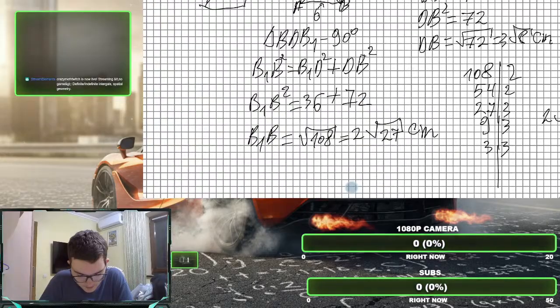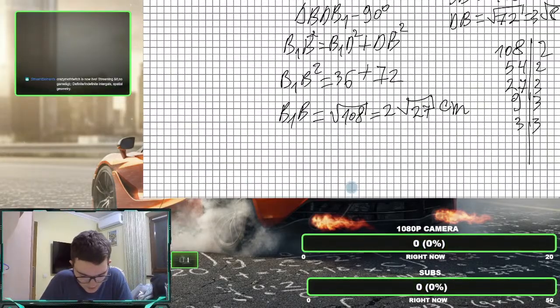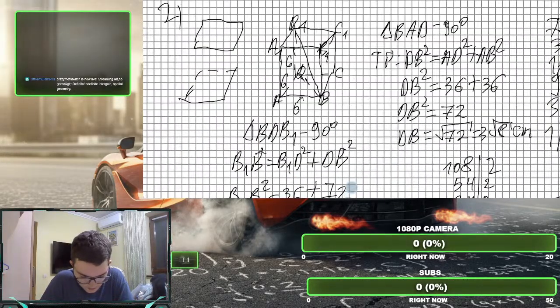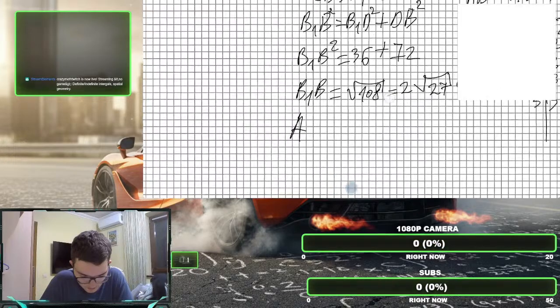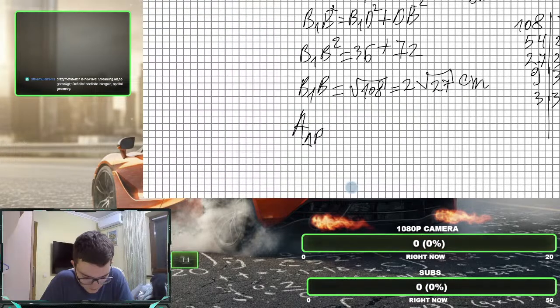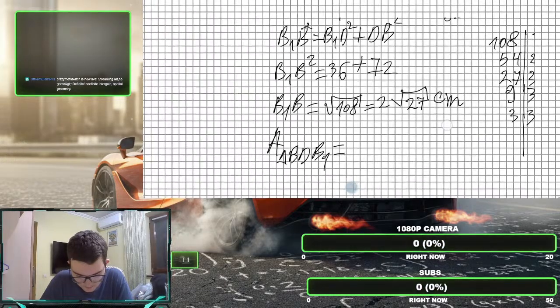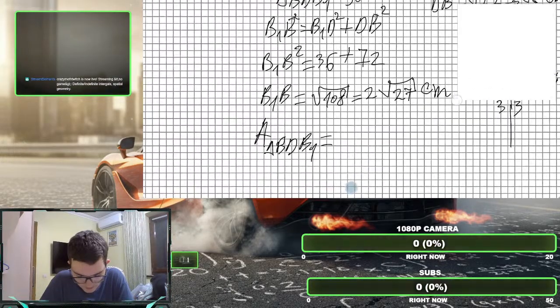So let's see if that's correct. So the area of triangle BDB1, which I'm trying to find for my response, will be firstly